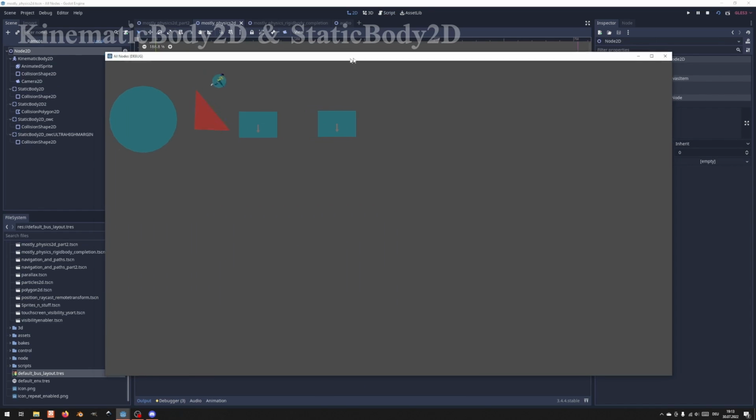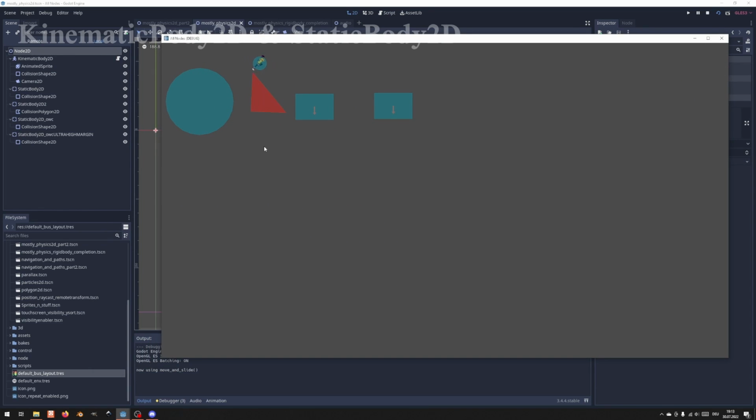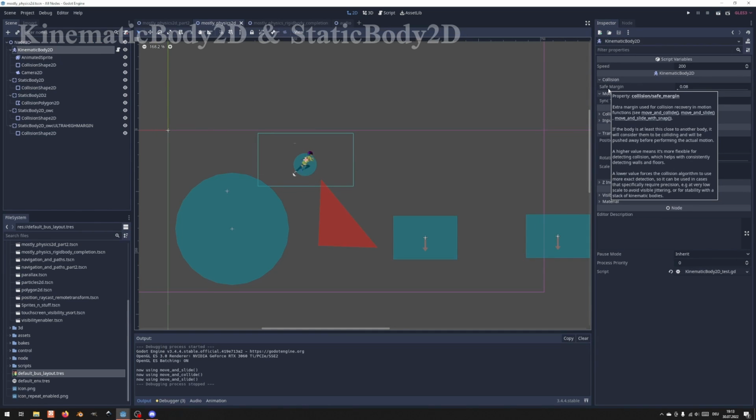And you see I will now be using move and slide, and whenever I collide with a body, the KinematicBody2D will just slide along the edges smoothly. When using move and collide, there is almost no such thing as sliding, since your character will almost immediately come to a stop. The kinematic body comes with two properties: distance, that is being calculated on top of the collision shapes,